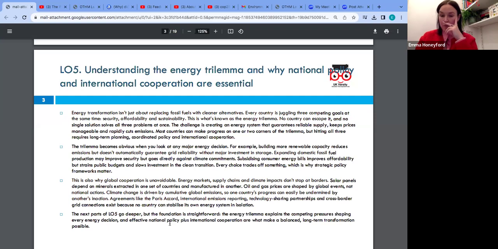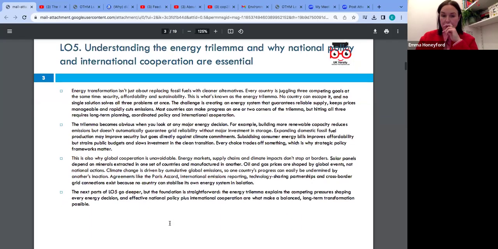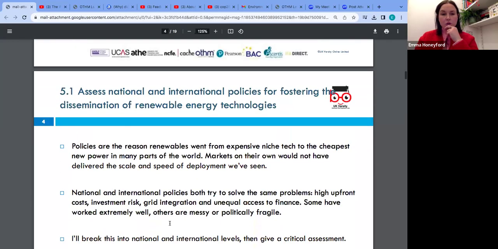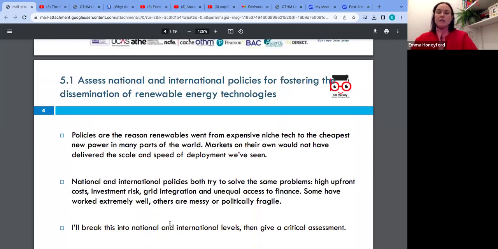Another one of the agreements was to double the global rate of energy efficiency by 2030. So that is another international policy that will help drive this. Okay, I'm going to move on. So for 5.1, we're going to assess the national and international policies for fostering the dissemination